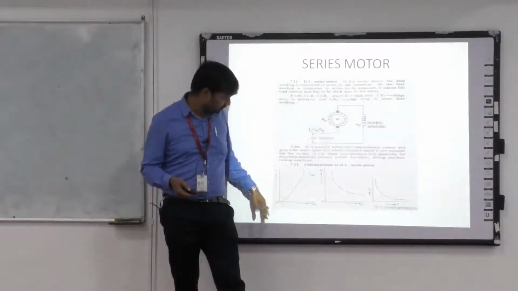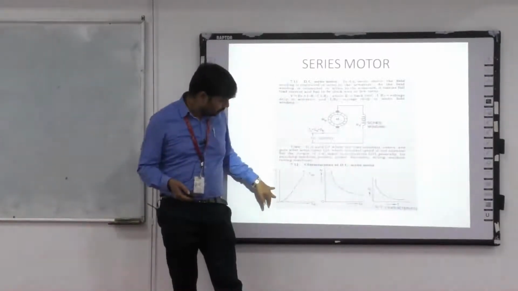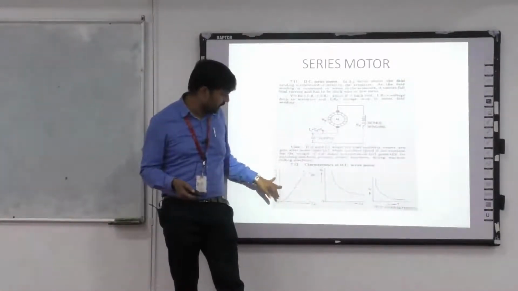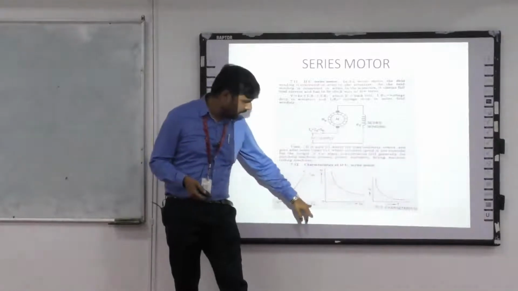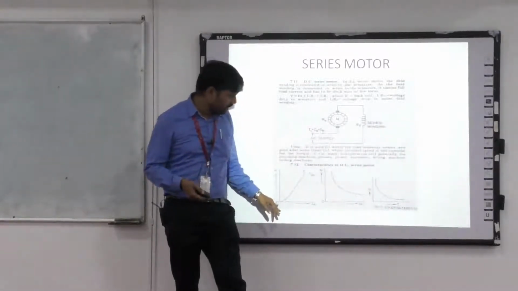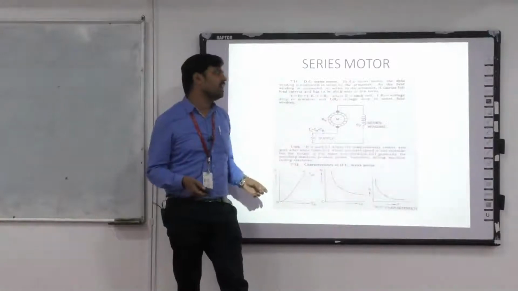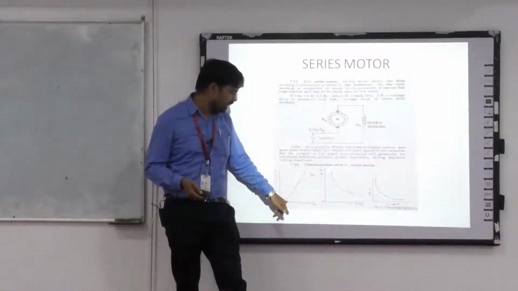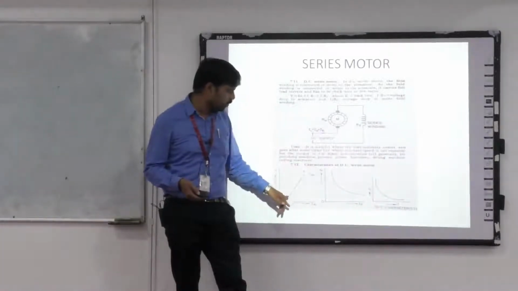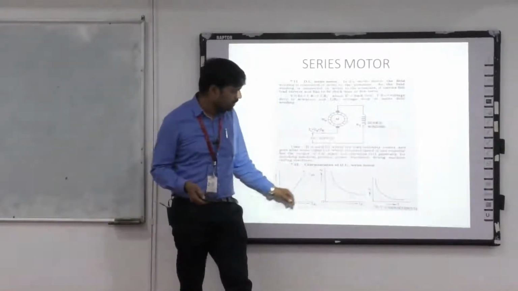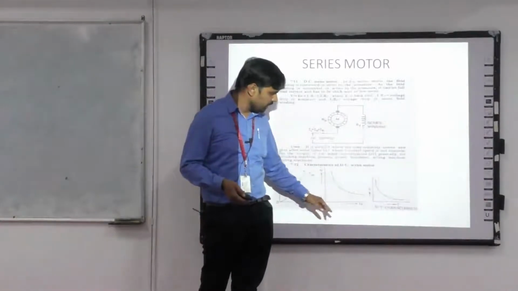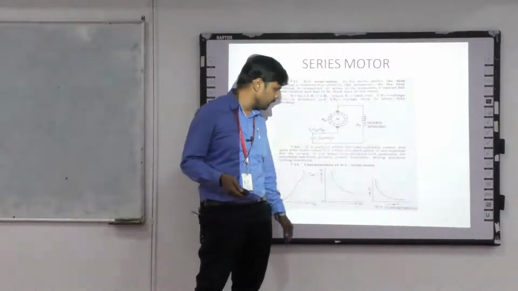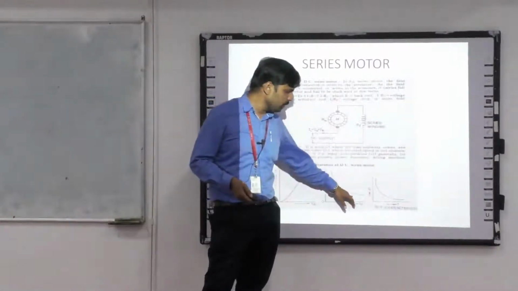When we come here, you see that this is the internal characteristics curve drawn between torque and armature current. You see the difference as the armature current increases. This is nothing but torque proportional to Ia square. So if the armature current is 2, the torque changes to 4. Correspondingly, it will increase. Here also, when the armature current keeps on increasing, that is, the load keeps on increasing, we see the speed will fall down.